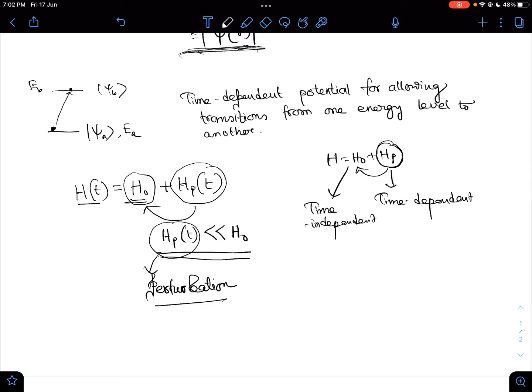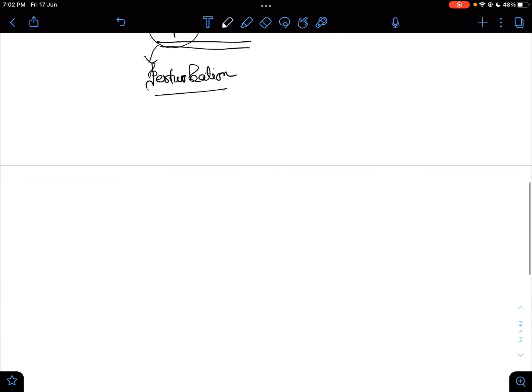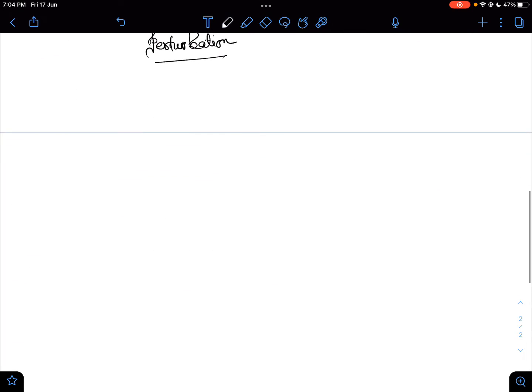So now we have to solve our problem for a perturbative Hamiltonian, which is a function of time. So let us proceed. Before proceeding with the perturbative treatment, let us first understand the two-level system. This two-level system is the simplest and a very important topic in this time-dependent theory. Basically, it allows us to understand how an energy level, an atomic system or anything makes a transition from one